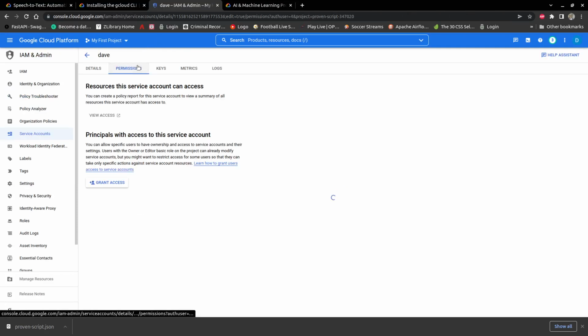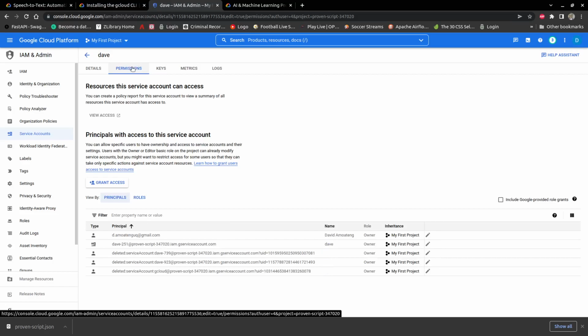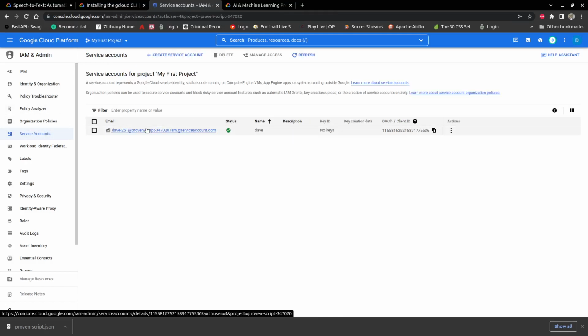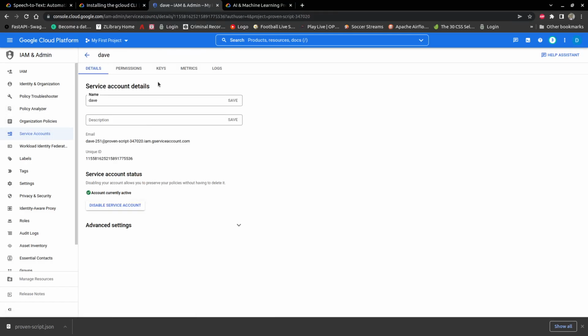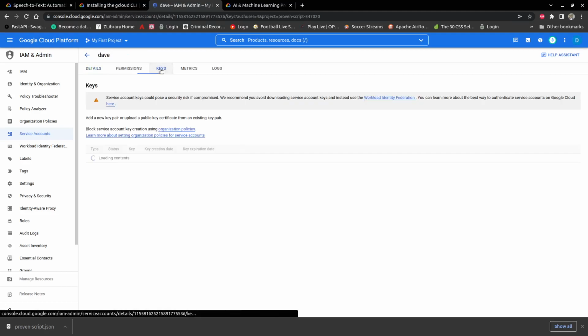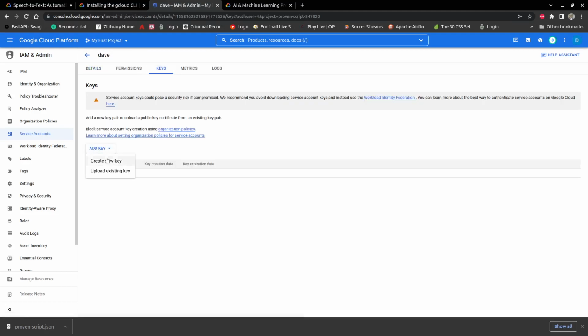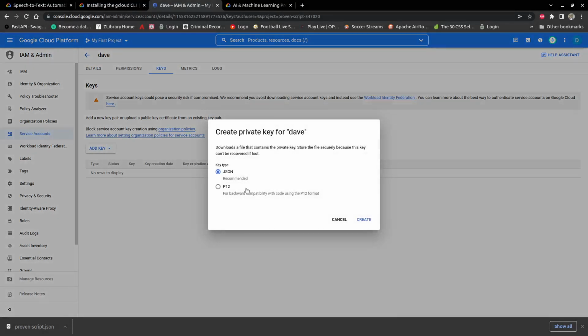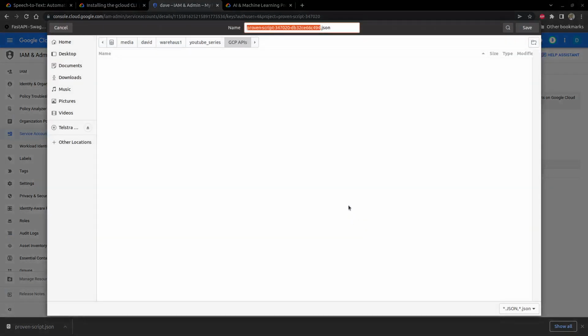So permissions, let me see the permissions. As you can see, I'm the owner of the service account. Let's go back to service account again. Click service account again. Now we need to create a key for the service account. So I'm going to create a new key. It's going to be a JSON file. And then I need to download and put this key in my